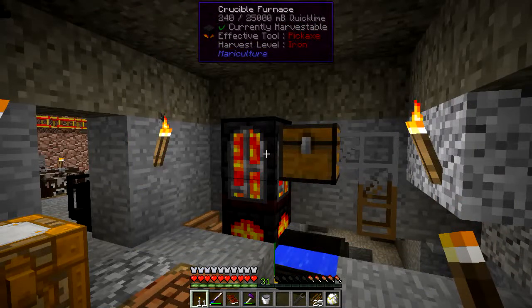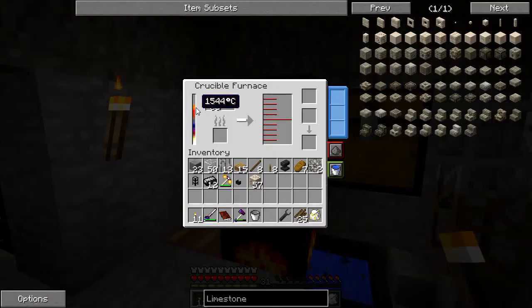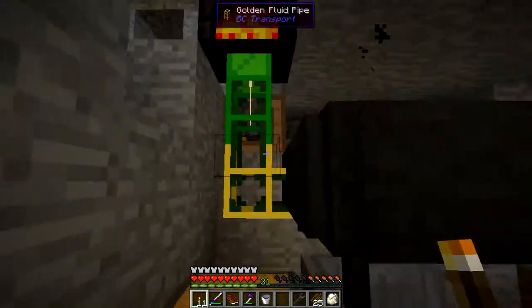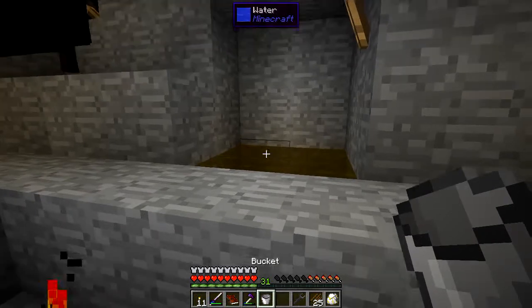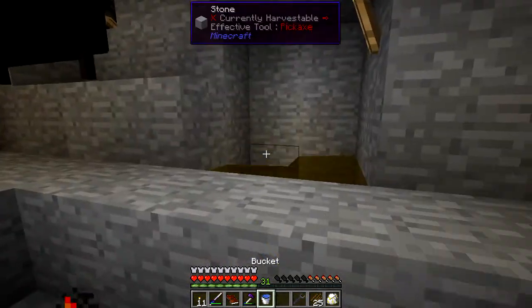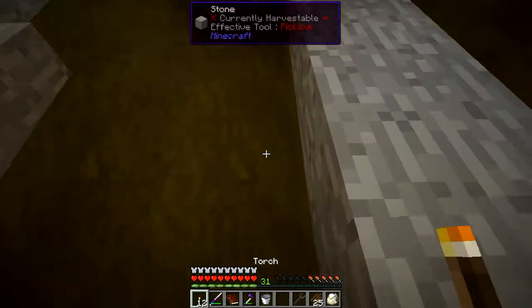Alright, before I move on to the next quest, I just want to demo some quick changes that I made to the Crucible Furnace. So this is still burning down limestone into quicklime, but the difference is I'm now pumping it as it's being created down into this vat. Now the vat I pre-populated with water, so I can just stand here and spam this with 30 buckets worth of water. Each reaction is going to take 1 bucket worth of water, and